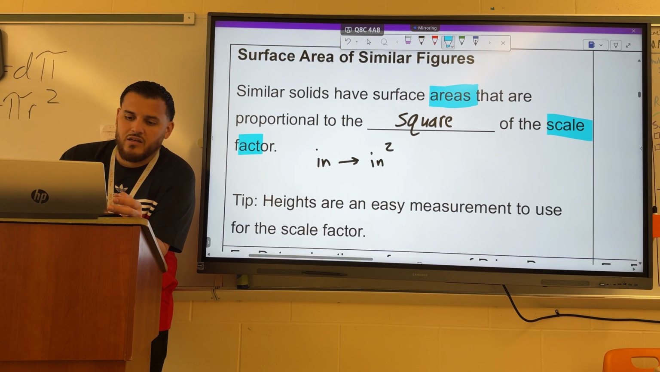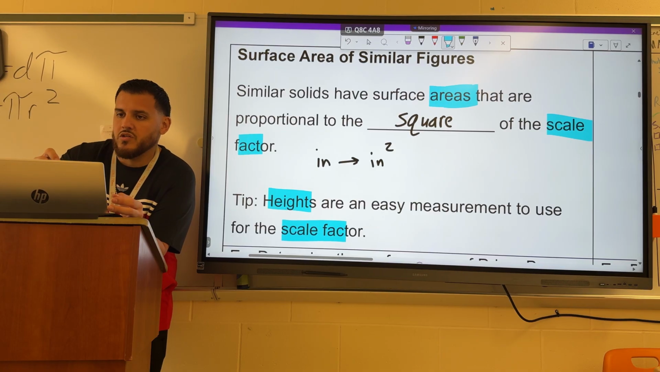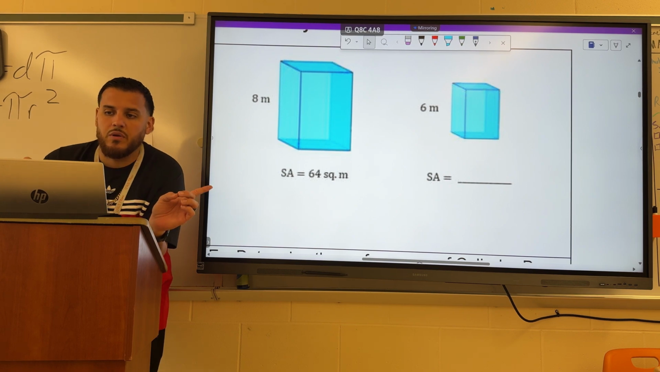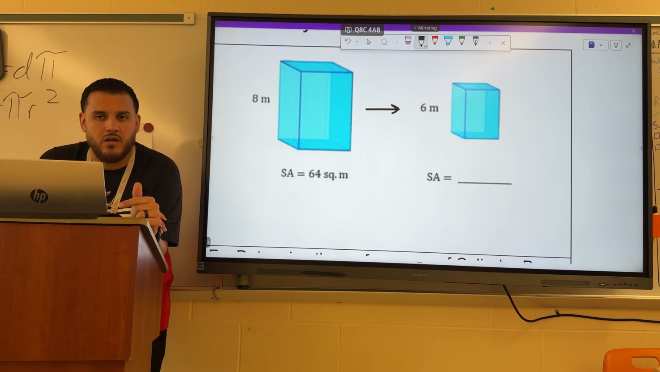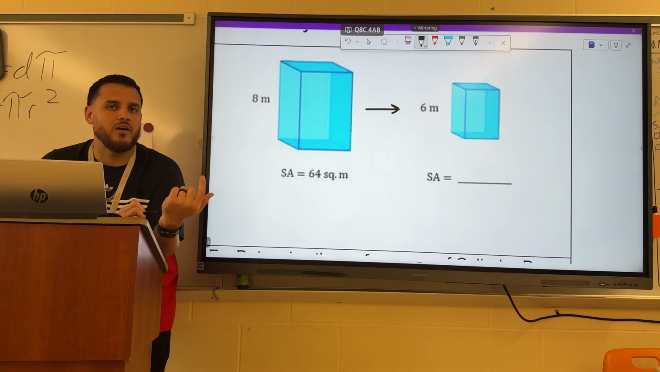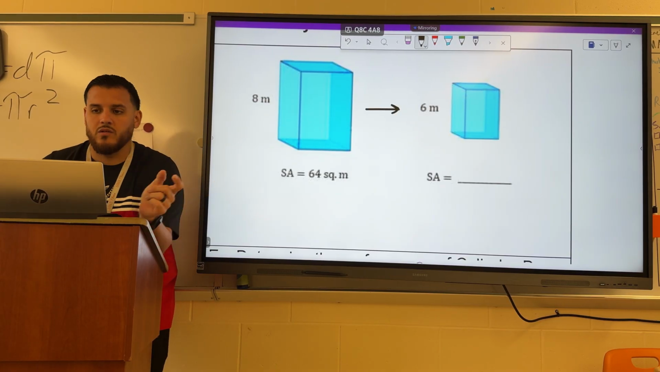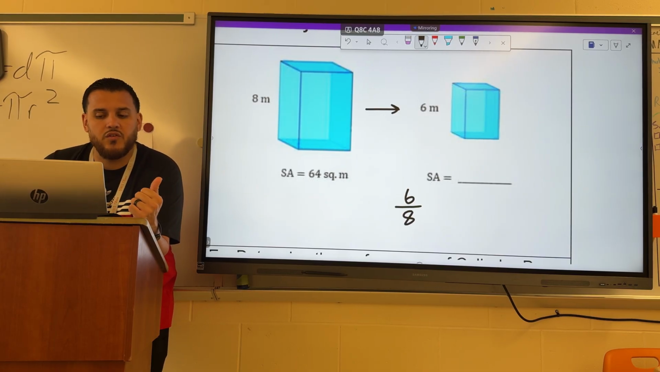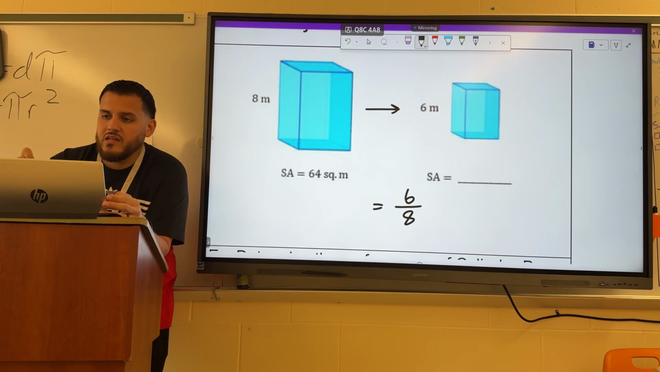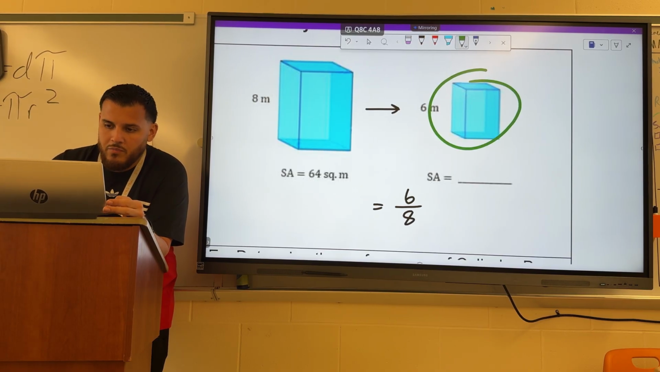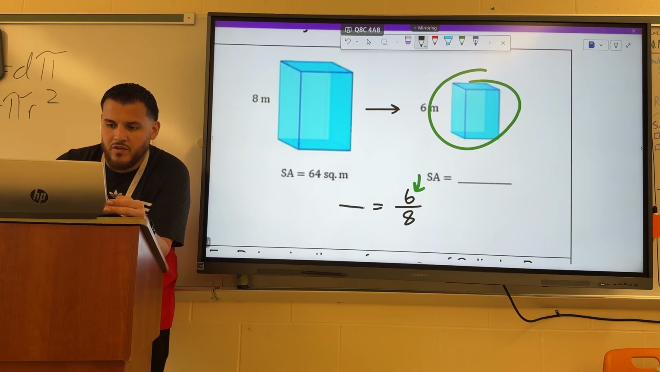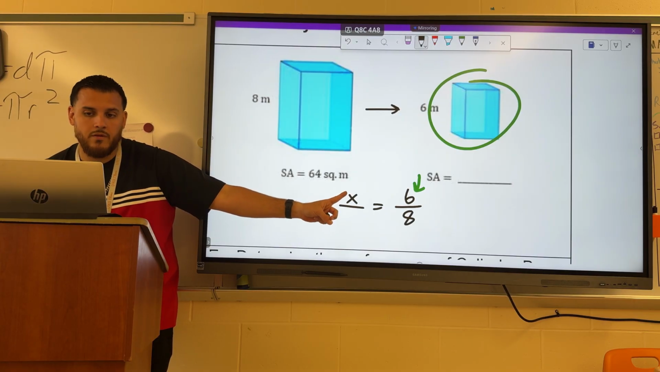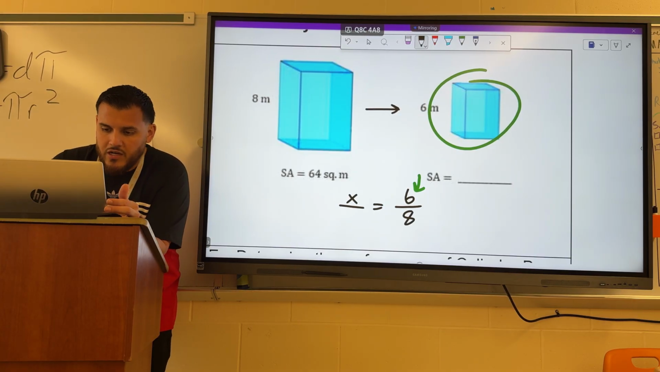All right, typically heights are going to be the easiest things that you can use for those 1-dimensional measurements in your scale factor. So for example, as we look at these two solids, if we say the big one was our pre-image and the smaller one is our image, well, the scale factor would be 6/8, all right? The 8 shrunk to a 6. We can use that in proportion to solve for the surface area. Right, so my surface area of this shape is unknown. Remember, I put the 6 on top over here, so the measurement for that right shape must also be on top on this ratio. So my unknown up top here, compared to the 64 here,